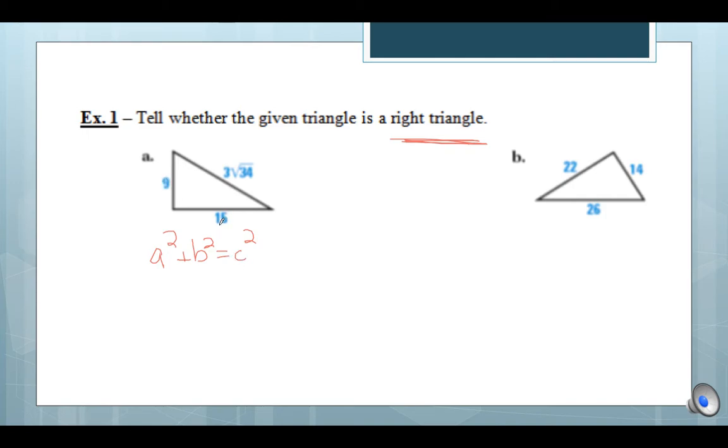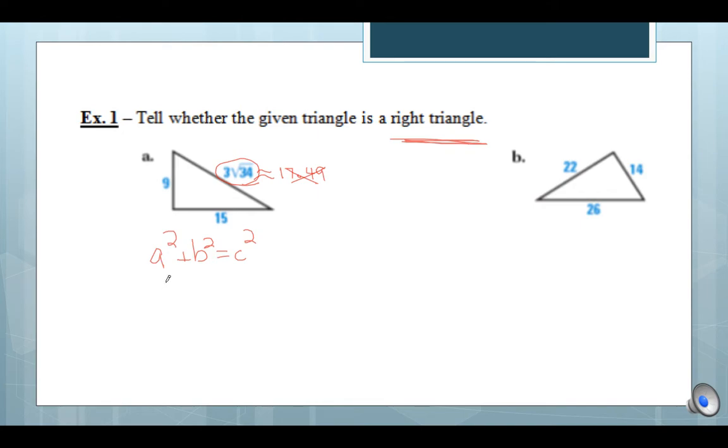Looking at this, I don't really know how 3 root 34 compares to 9 and 15. So rather than making the assumption that that's the longest side length, I'm going to plug that in on my calculator and find that that's approximately 17.49. Now that doesn't mean that I'm going to use this approximation when I do my work. It just means that now I can confirm that 17.49 is indeed the longest side length. So I'm going to put that in my c value, but I am going to use the exact simplified radical